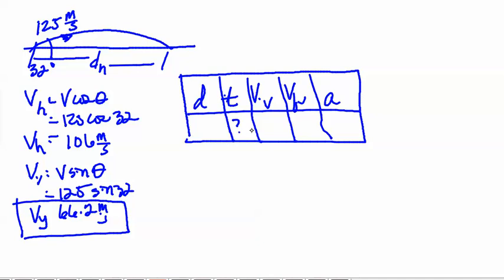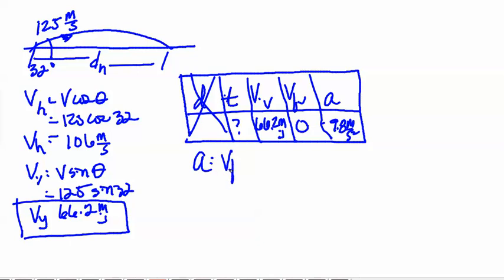Time is what we're looking for. The initial vertical velocity is 66.2 meters per second up. The final vertical velocity at the top up here is going to be 0, and then the acceleration, of course, is negative 9.8 meters per second squared. Displacement is non-participatory, so then if we take this and use our equation, we see that the acceleration is equal